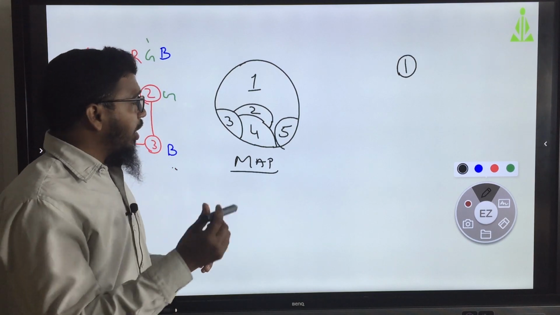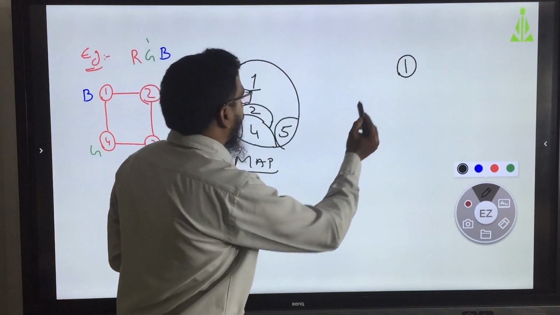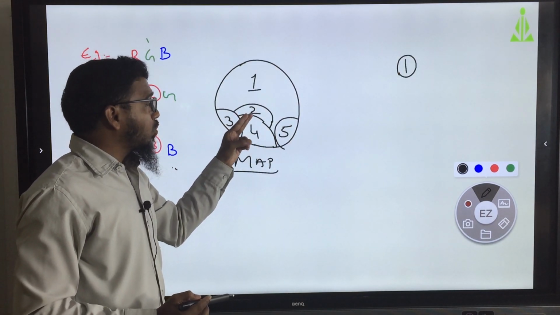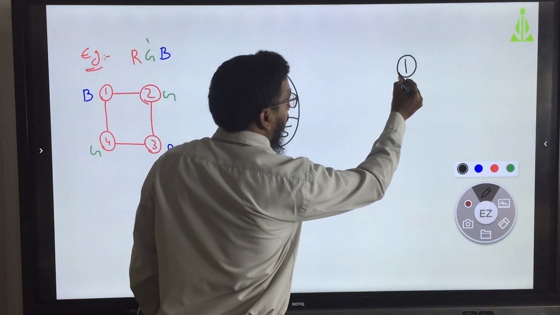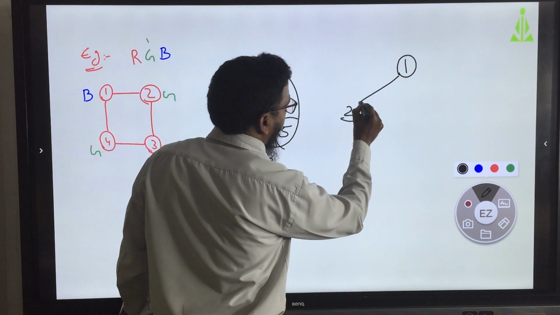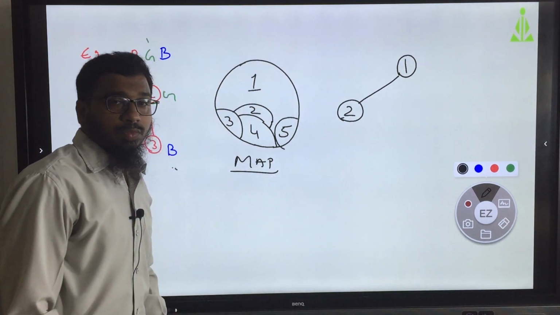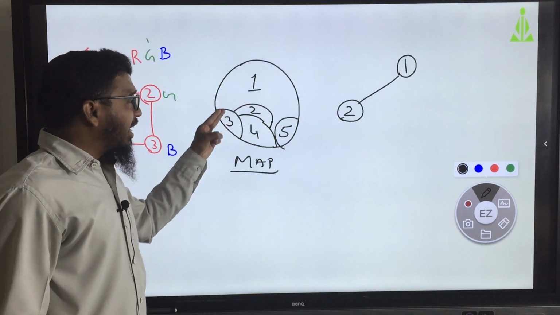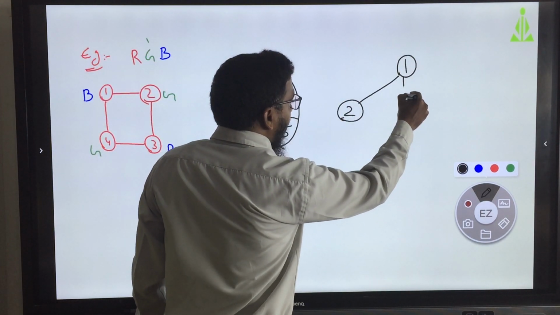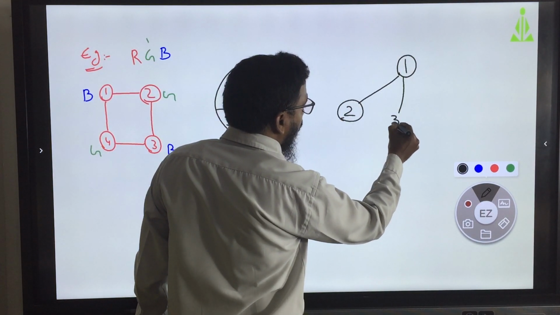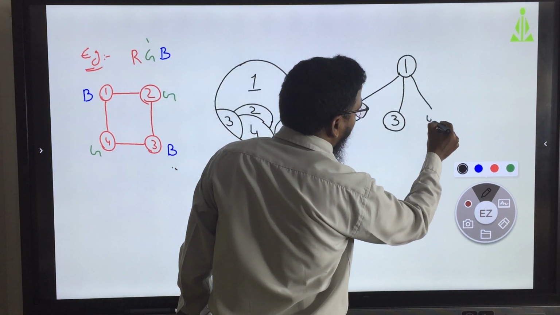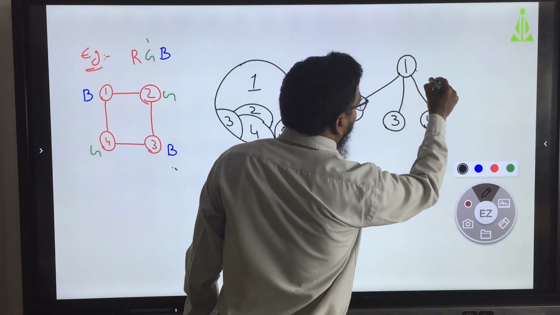Okay. So, from 1 where it is going to 2. It's 2. Next directly it is going to 3. So, the adjacent states of 1 are 2, 3, 4 and 5.